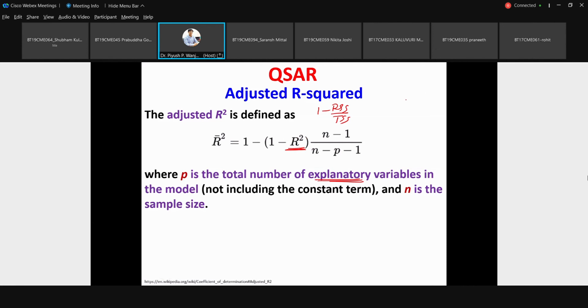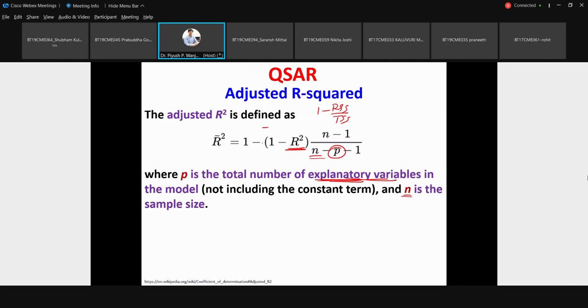But it should not be, because bias has been created, so you need to adjust and normalize it. In this factor, n is given and p is given. n is nothing but your data points, and p is your number of descriptors or explanatory variables. Using this factor, you need to remove that bias.